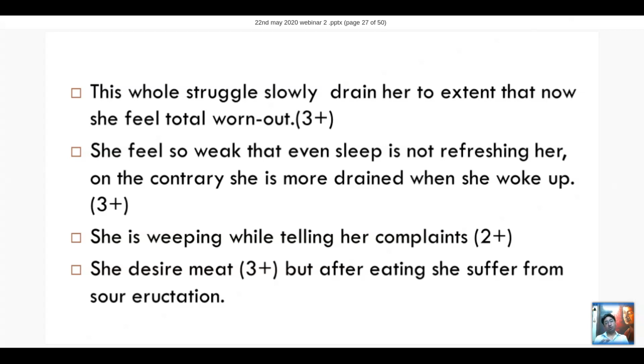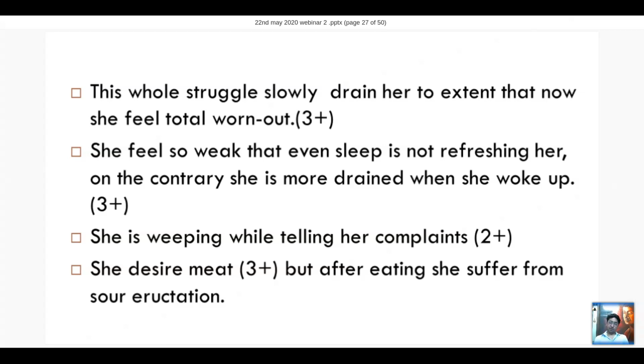It is a very good remedy when the patient tells you that in the morning when he wakes up, he wakes more unrefreshed. The whole thing in this patient, and along with that, the totality, the desire for meat